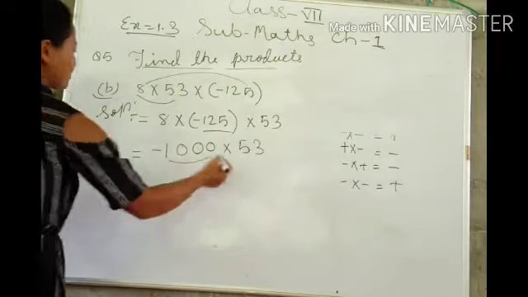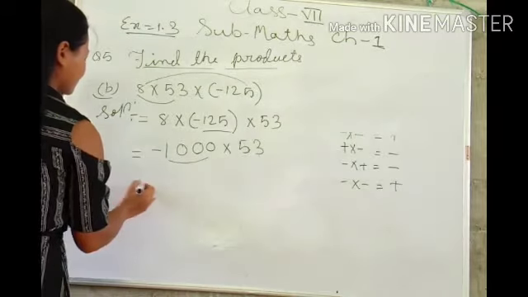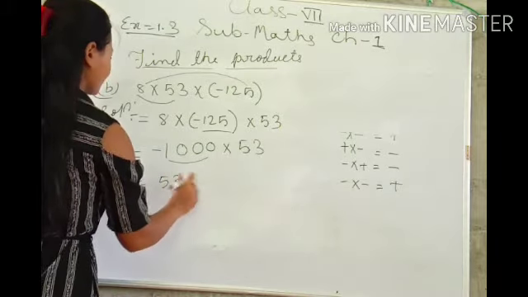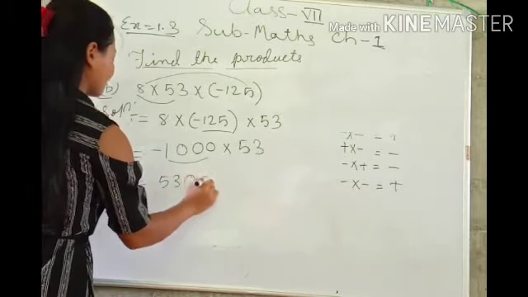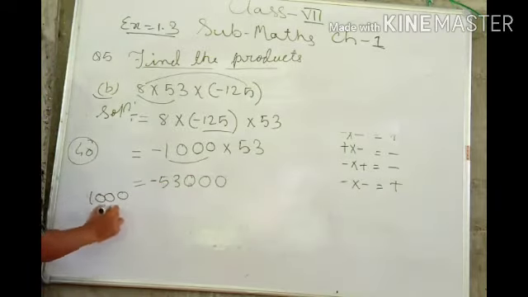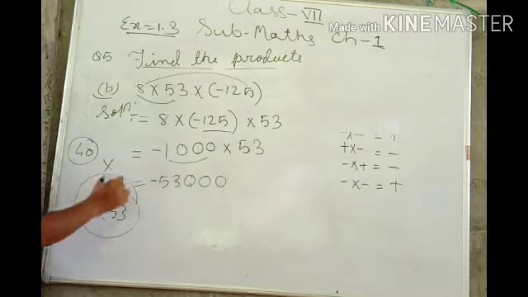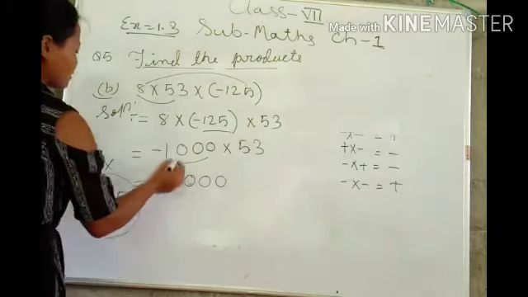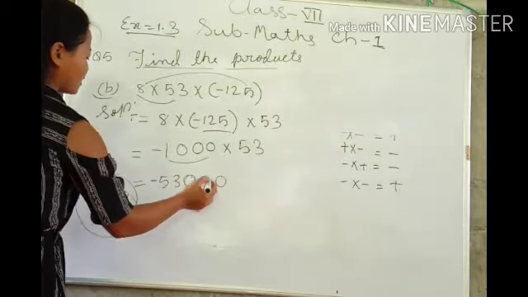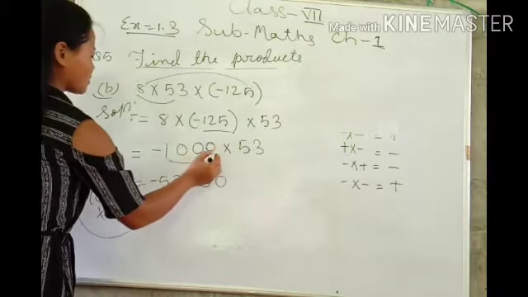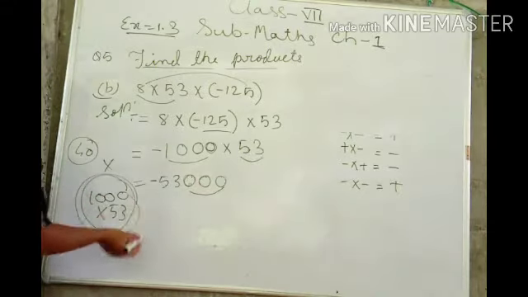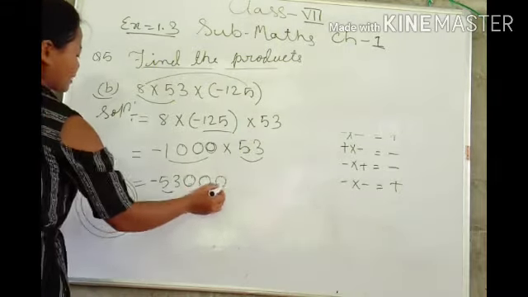Now into 53. To multiply with 53, how many zeros are there? There are 3 zeros, so we can simply add the zeros like this. No need of multiplying 1000 into 3. No need of multiplying in this way, it will take a lot of time. If you multiply with 10, you just add one 0. If you multiply with 100, you just add two 0s. We are multiplying with 1000, so we add three 0s to the number. Just write the given number, count how many zeros there are, and write them together.